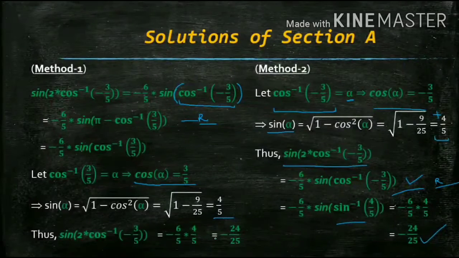Now I have not written all those steps because these are just the same as this. You have to do this. You have to substitute. Now here, the only thing is, it would be positive for this case. For method one, I am telling over here. So it would be positive. It would be the same 4 by 5. It would be substituting the values. You get as the answer minus 24 by 25. The same answer you get.